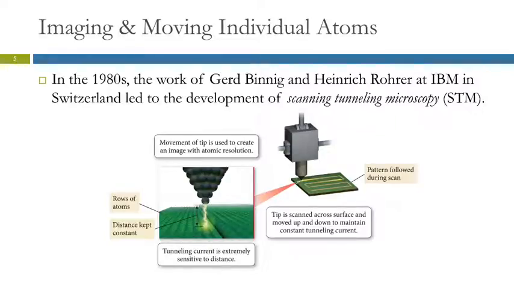The amount of current that will flow, because it's jumping through air, is highly dependent on how far away from the surface this tip is. So what they do is use a computer to move this tip to keep the current constant. And what that does is keep the distance from the end of the tip to the surface constant. So basically you're feeling across, and if you come to a bump, the computer raises the probe and you can detect that. It's just keeping a constant distance from the surface.